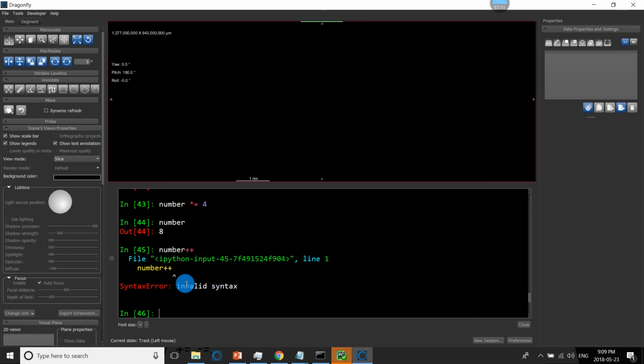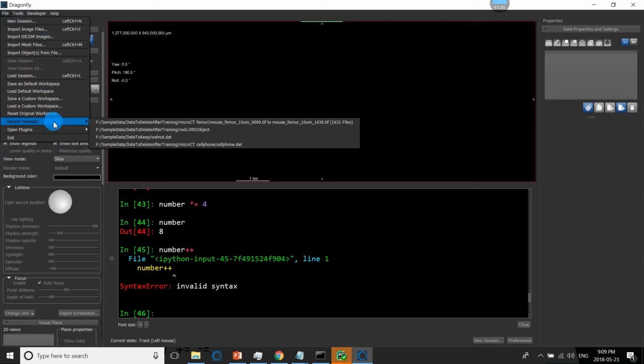So this is basic Python. And I will just go ahead and load some data. It can be anything that you've opened in the past day or two. So I'm just going to open the Walnut dataset.